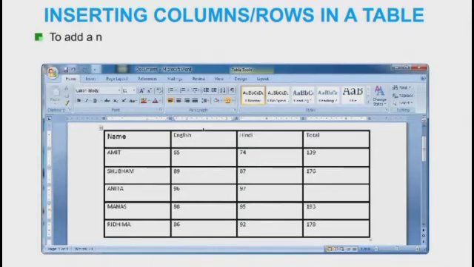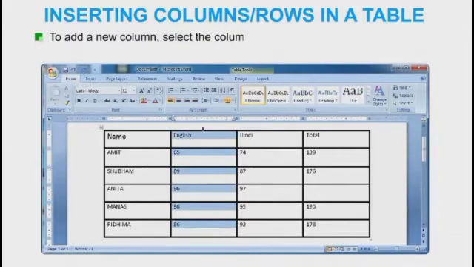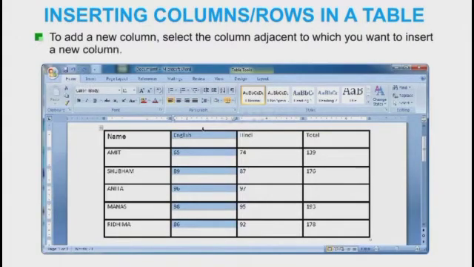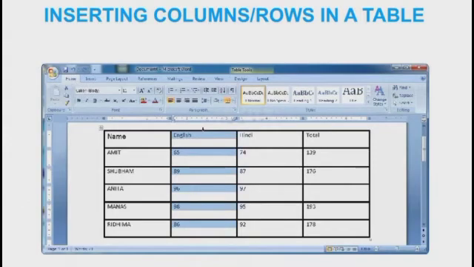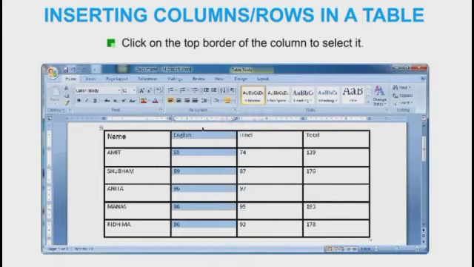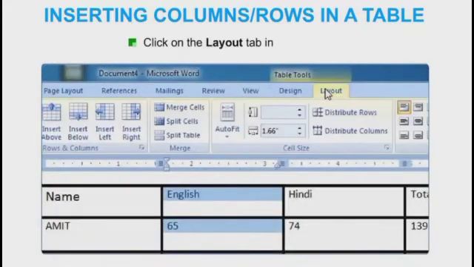To add a new column, select the column adjacent to which you want to insert a new column. Click on the top border of the column to select it. Click on the Layout tab in the Table Tools.